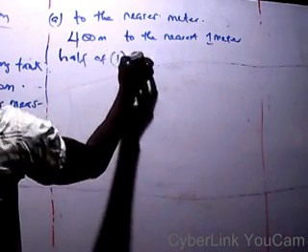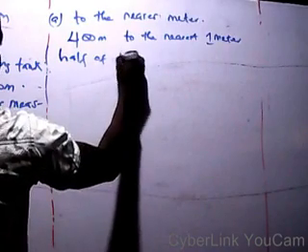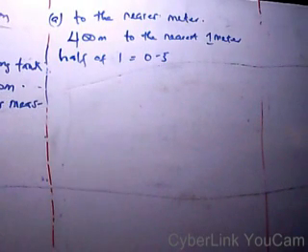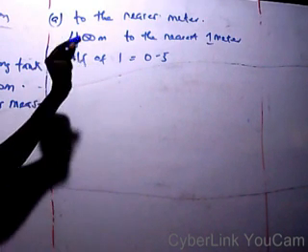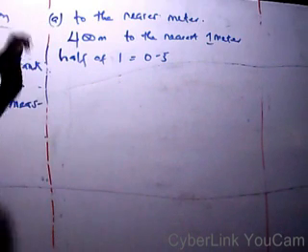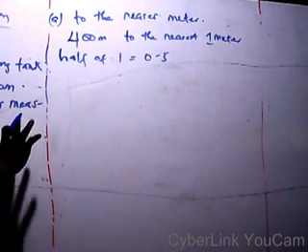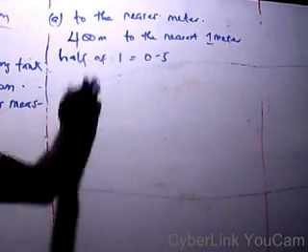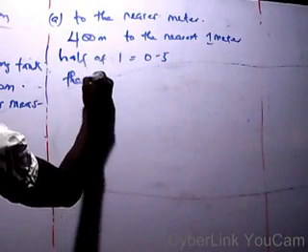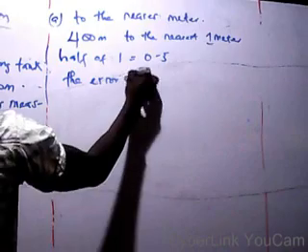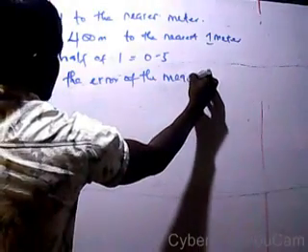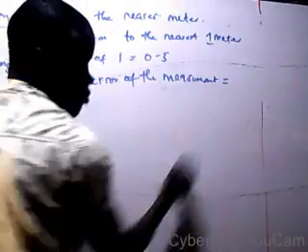Half of one is what? Half of that one is 0.5, right? So which means the error of the measurement will be plus or minus 0.5, which means to find the lower limit and the upper limit, you should have deducted this 0.5 from the 400. So if this is this, you now see the error. The error of the measurement is equal to plus or minus